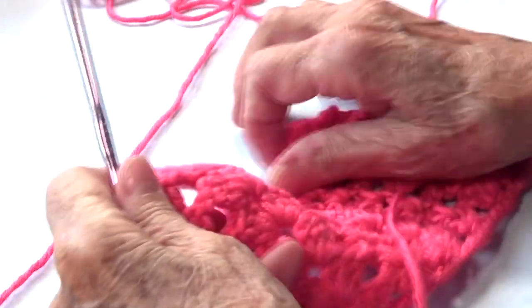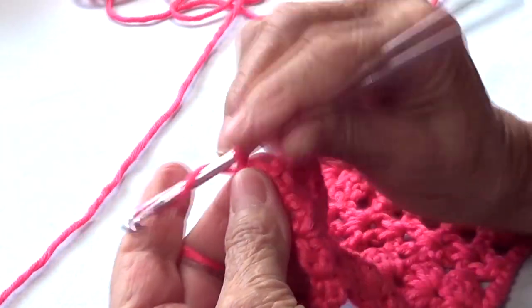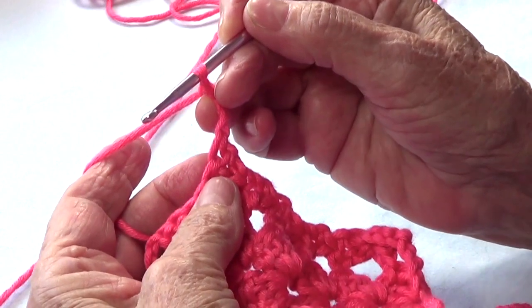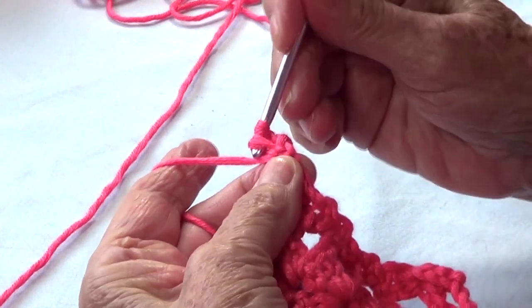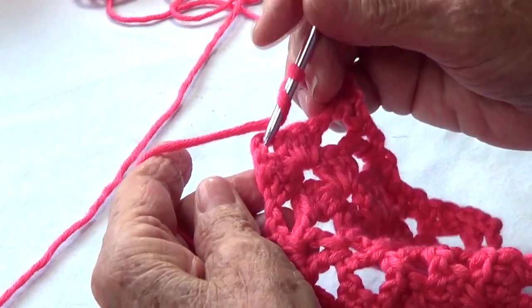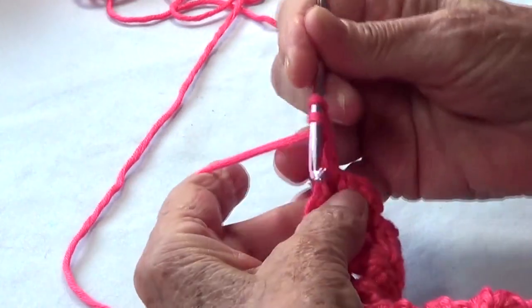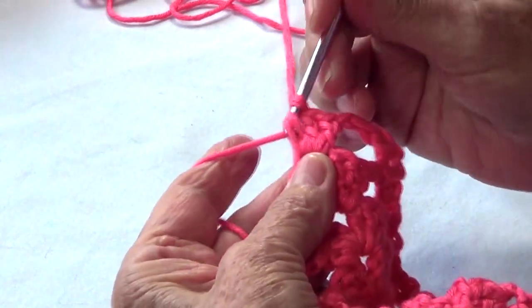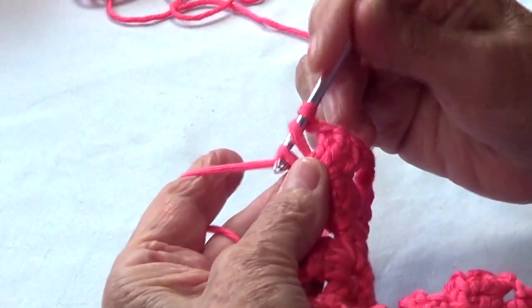After the base row, all the other rows are the same, and what you want to do is chain 3 and turn. On the same spot you want to double crochet, chain 1, go to the middle of the shell and you do 3 double crochet. That's 1, 2, 3, chain 2, and 3 double crochet,